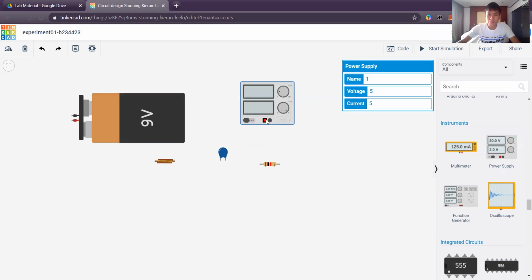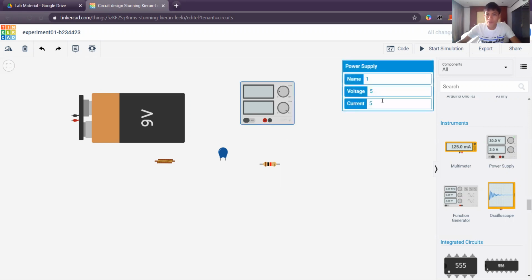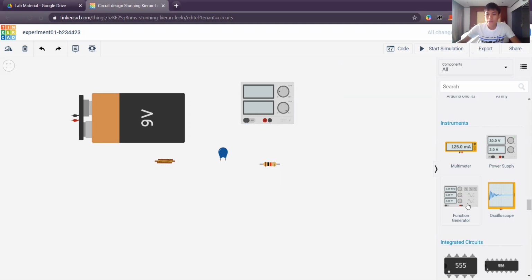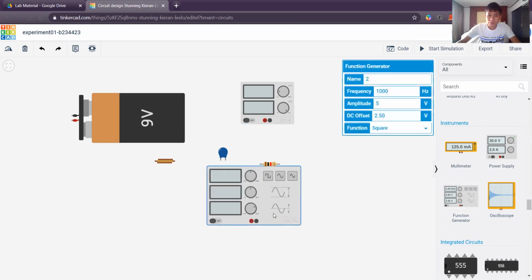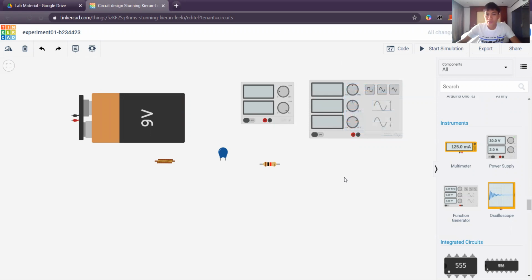This one is used when we do experiments that deal with AC circuits. We can use a function generator or power supply where we can change the frequency here. We can set the voltage and the current, and this one is especially used to do experiments for AC circuit,